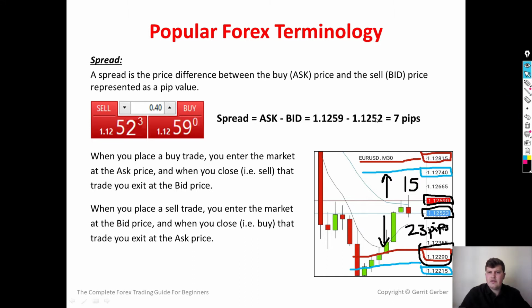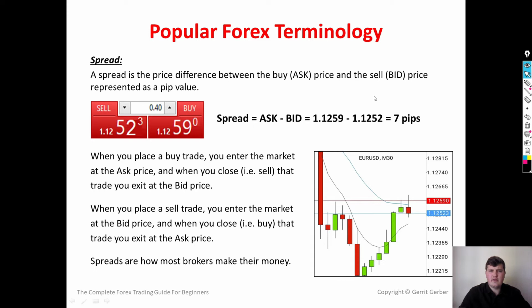And the spreads are how most brokers make their money. And usually the bigger the spread is, the more money the brokers make. So ideally you would like spreads to be as low as possible. Between 1 to 3 pips would be ideal to trade with. 7 pips is a bit big, because that affects how much profit you make in the market as well. So hopefully that clears up a bit how the spread works, and that is our